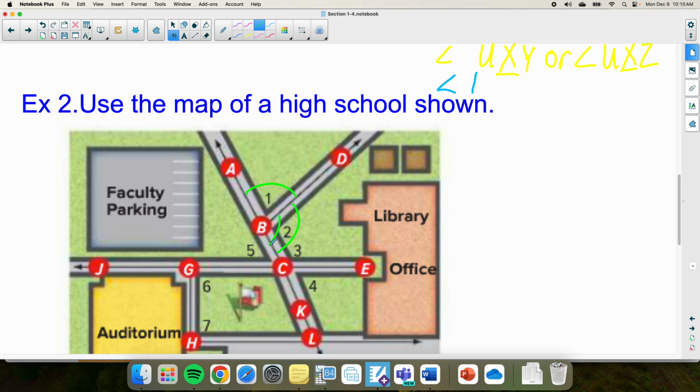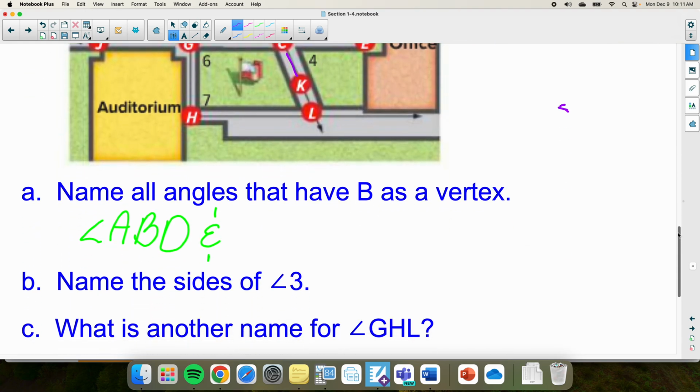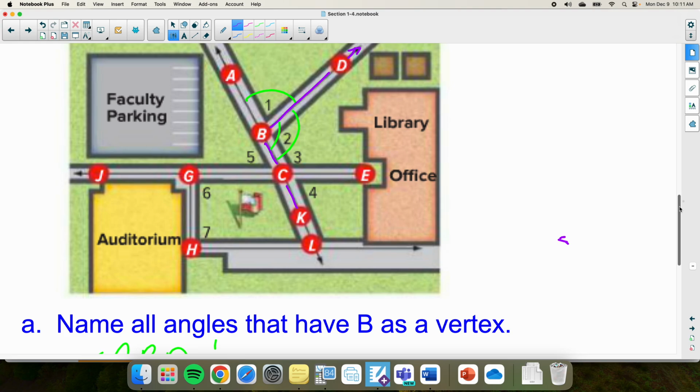What could I do? What did you say? Angle 2. Angle 2 would be the easiest. Could I name this first one as angle 1? Yeah. So if there was ever a number in there, I would use that. It's just the easiest. So this could also have been angle 1, and then this one is angle 2, which we can name